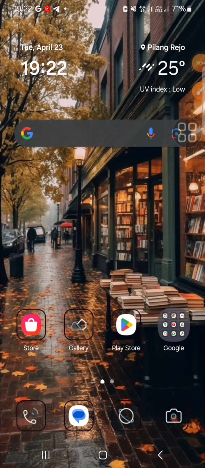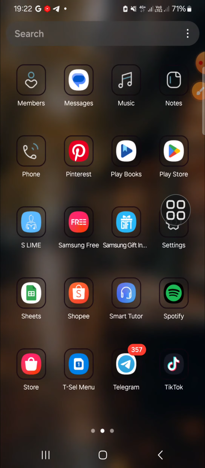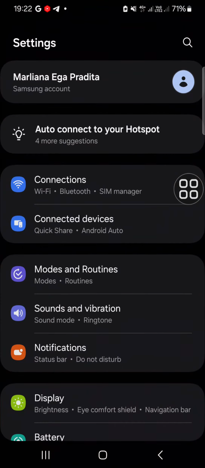In today's video, I'm going to show you how we can show assistant menu as edge icon on Samsung Galaxy phone. Okay, let's get into it. Here I have activated my assistant menu and I'm going to make it as assistant menu as edge icon on my Samsung Galaxy phone. So first of all guys, we can go to our settings application, and after we have